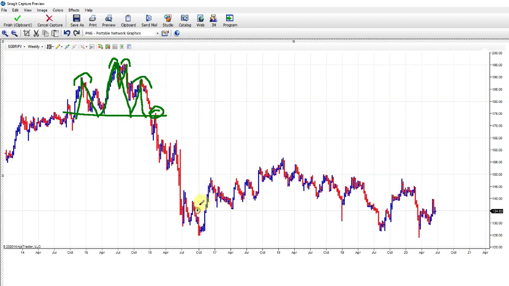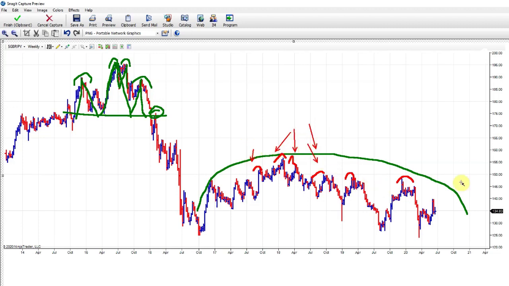Now you can see over the last several years, we formed a rounding top. Within the rounding top, we have this double top right here, and you have what I call a complex head and shoulders, where there are a number of shoulders. But whatever you want to call this thing, a rounding top, a double top, a head and shoulders top, these are all market tops that indicate eventually the market will go lower. That's not to say that we go straight down. But when we do get these bursts of price activity, they're always followed by lower prices,